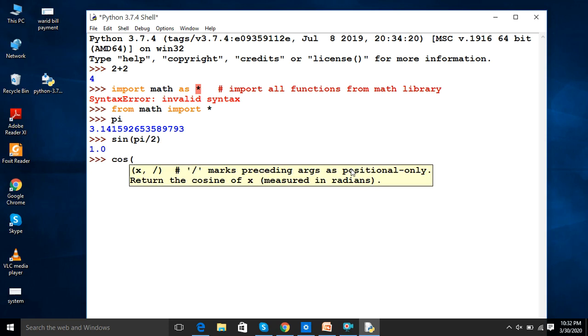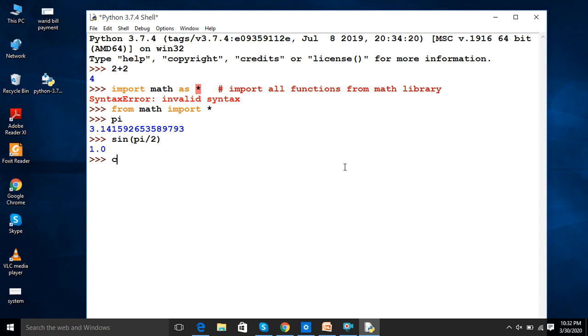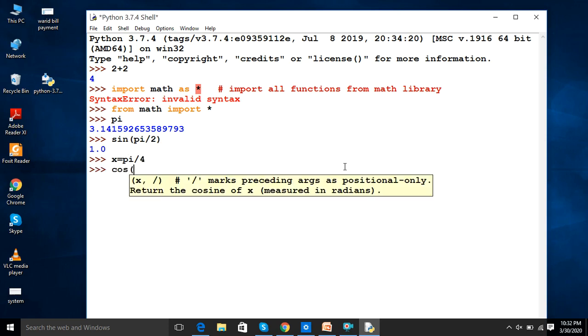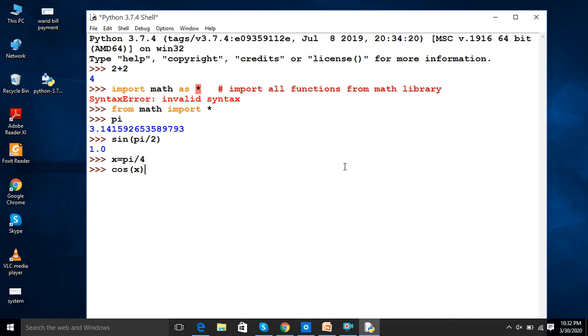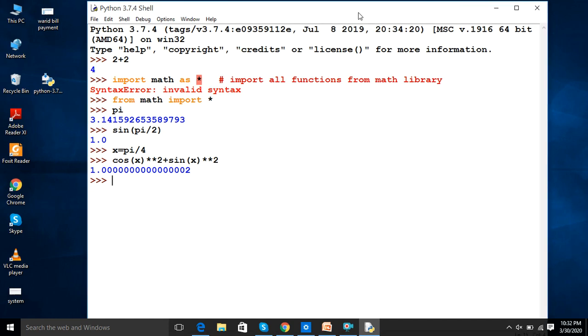So if I write cos of, if I define x equal to pi divided by 4, then I can write cos of x, and squaring is similar to writing the sine function. So the answer is equal to 1. Right. So there are several other inbuilt libraries for Python. For that, you are referred to the